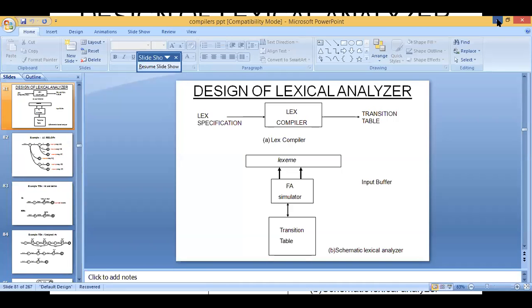And see the path sequence from 0 to 2, 0 to 3, 0 to 4, and what value are we executing there? What it means is what return value we are getting by executing the path sequence from 0 to 2, from 0 to 3, or 0 to 4, or 0 to 5, and 0 to 7, 0 to 8. See the path sequence from 0 to 2. From 0 to 1, the input is less than, and from 1 to 2, it is equal to, less than or equal to. It is a relational operator. And the statement that we are executing there means the less than or equal to relational operator.